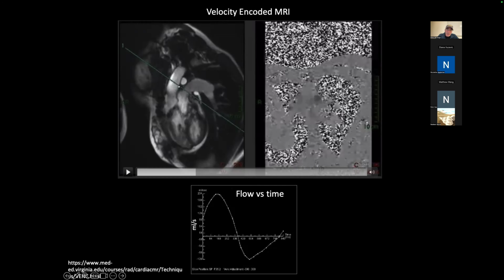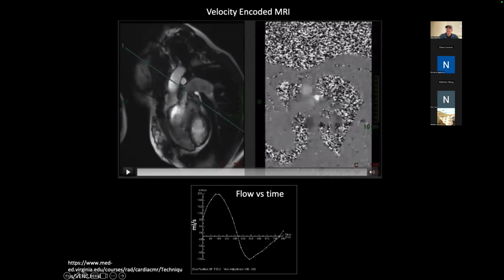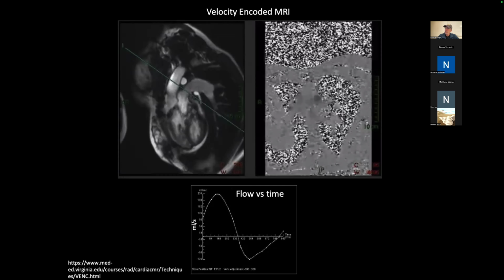So that looks like that's probably this, and I'm not sure what the pathology is here, but it doesn't look normal. I'll look that up. So anyway, the velocity through there we can plot. And then if we look down here, this will be something lower down, which looks like the descending aorta. So the flow is going in the opposite direction from the ascending aorta. Flow is going into the plane here, it's coming at us or out of the plane here. And so there you've got a flow movie